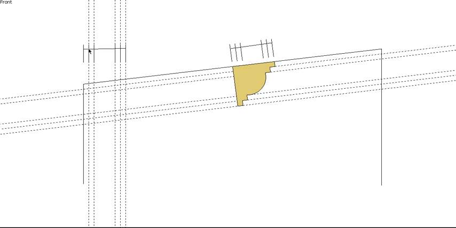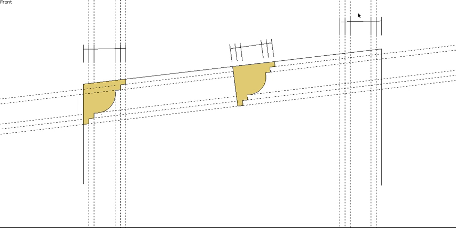Alright, once we've done that, we can then transfer those lines down so they're parallel to our wall, and we can then replicate the shape. So that face there is plumb, that face there is in line, same slope as the ceiling, and you can see that gives us the true shape of our mould on the low side. And all we do on the top side is the same thing. Transfer our projection there, project all the lines down, and we then get the shape of our mould in the